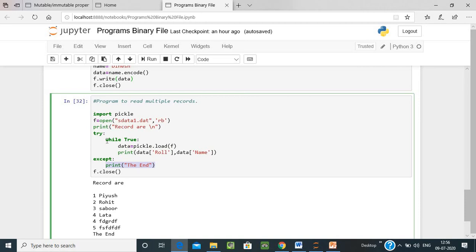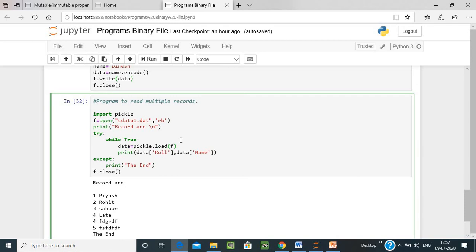Here we are using an infinite loop: while True, data equals to pickle.load(f). We are reading the content from the file sdata1. Here we passed f, which means the file handler of sdata1, and while the condition is true, print data roll.